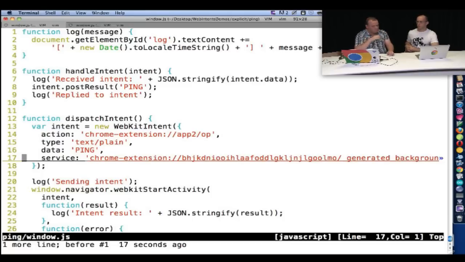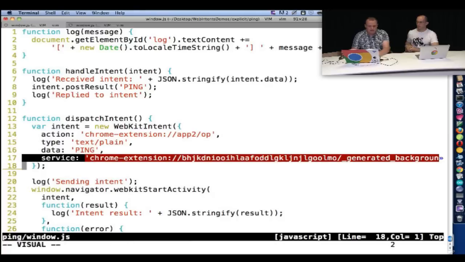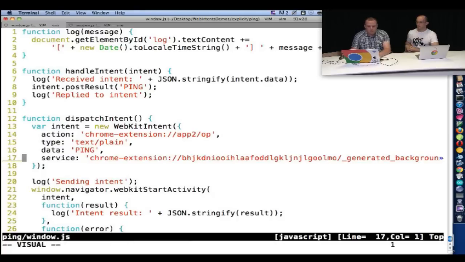So he's using a thing called explicit intents. And explicit intents is this little bit here. So when you build up your WebKit intent object, if you include the word service, in theory it could be http:// a public URL which supports intents. But right now it's just locked down to the Chrome extension namespace. And this code is basically saying that I will call an action. I'll use the web intents infrastructure to deliver data, but I will call that action up there, app2/op, directly on the Chrome extension